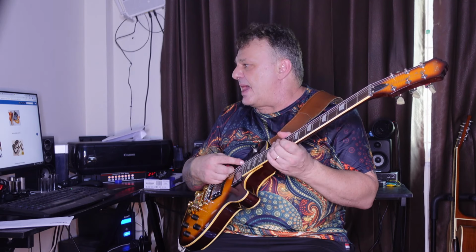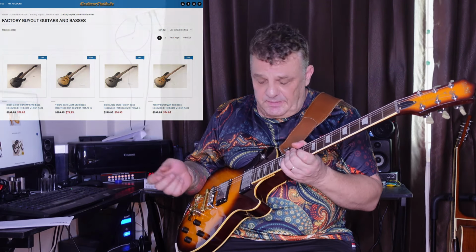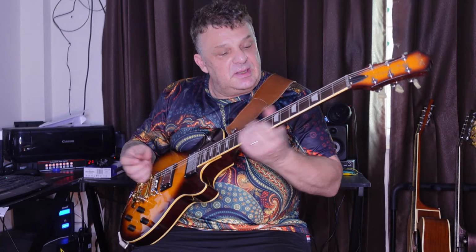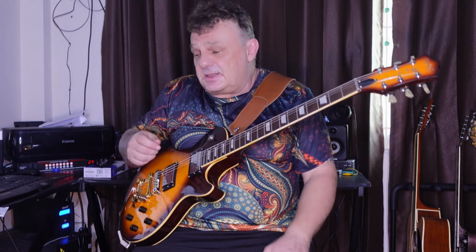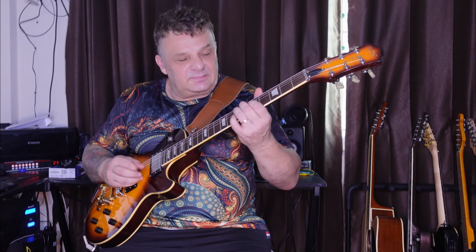I bought this guitar at the Guitar Fetish website in the factory buyout clearance sale category, and I think I paid like $150. It's a Dame brand. It's a Les Paul copy, but it's an amazing build. The finish is really well done. The neck plays fantastic. The only bad aspect of it is the weight is the same as the real Les Paul. But apart from that,